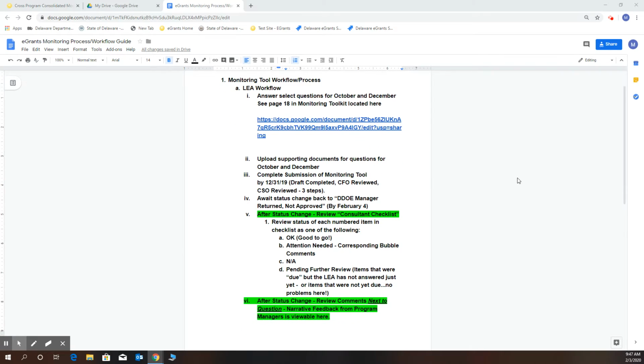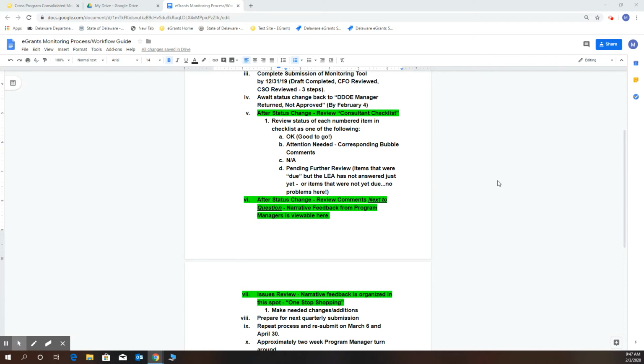And where we're going to start in the workflow is actually small Roman numeral 4. And this is where LEAs are right now in the workflow. You're awaiting status change back to DDOE manager returned, not approved. And we anticipate that this will be done by February 4th. And so what we're looking at then is from the LEA's perspective, what do we do next once that is